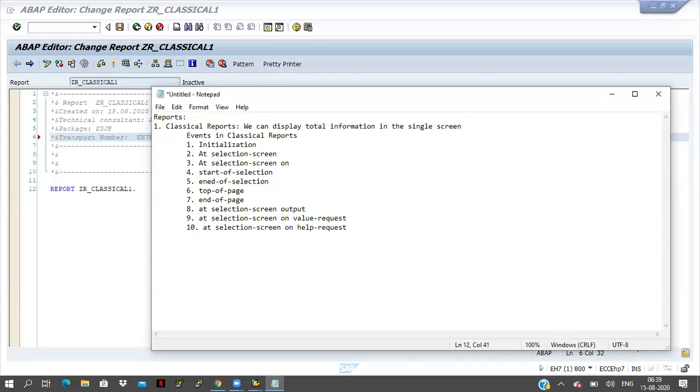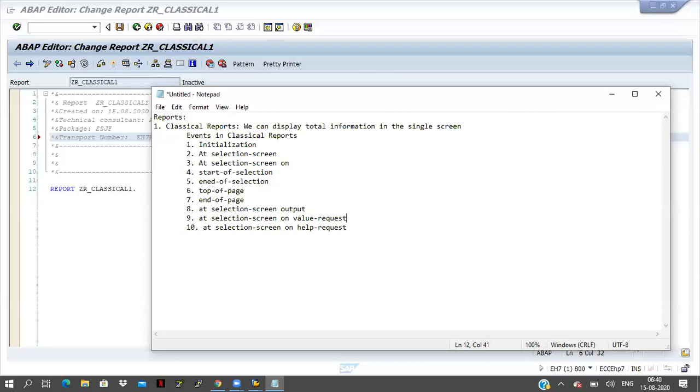First of all, what is an event here? An event is an action to do one particular activity. Control break statements, we already discussed that concept, right? That is also one event here. It applies to the internal table.